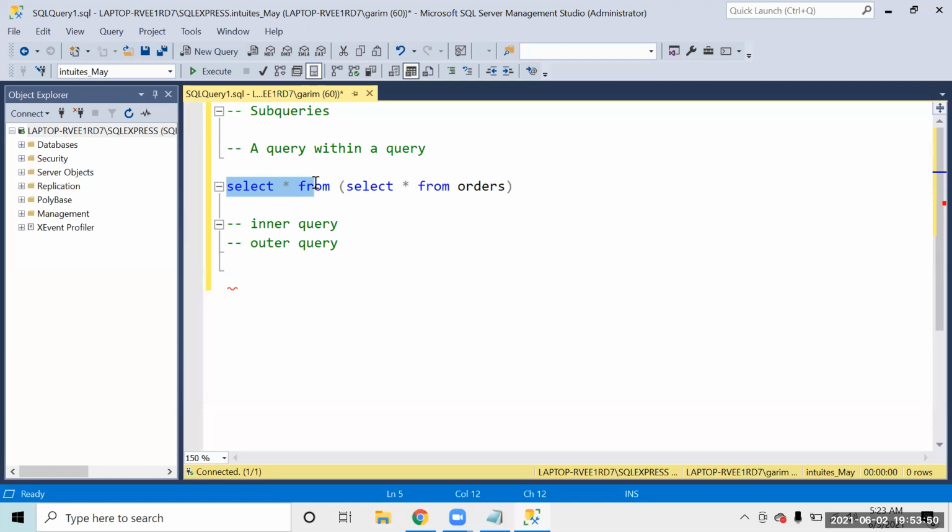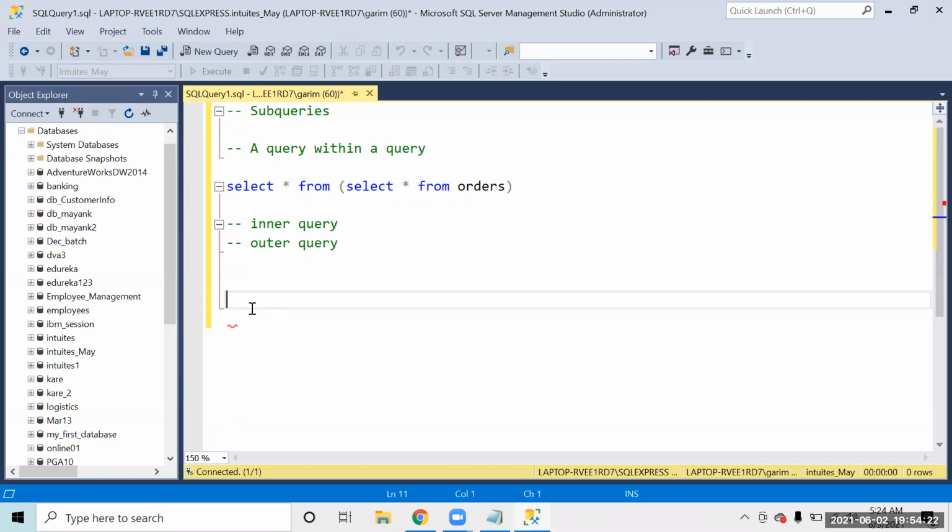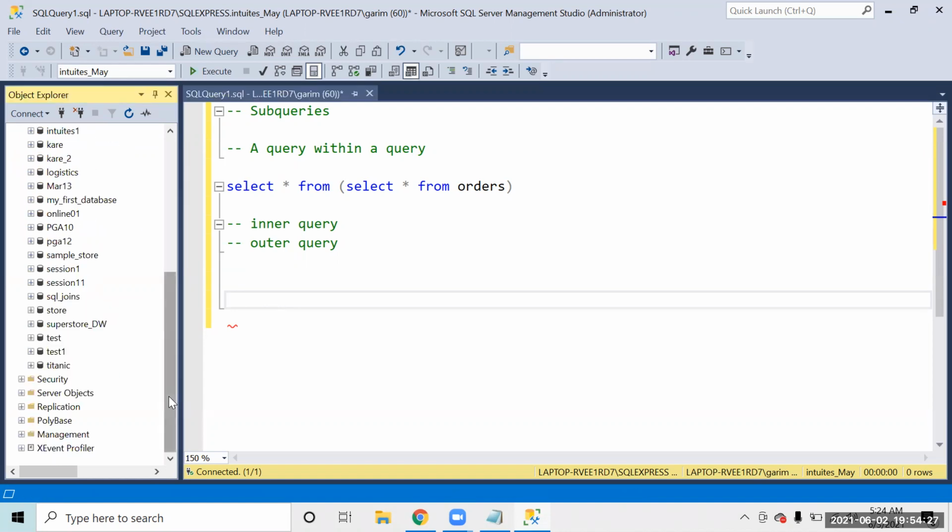Now a subquery is something we use when we have to work with multiple tables. Sometimes we use this concept when we have to do some calculations, or when some clauses have limitations, such as not being able to work with aggregate functions. In those cases, we again make use of subqueries. Subquery totally depends upon the logic. There is no fixed syntax for it; it's totally about the logic that we write.